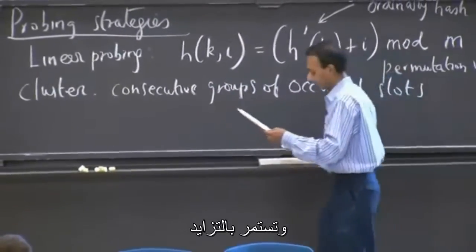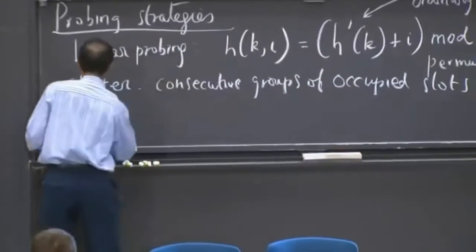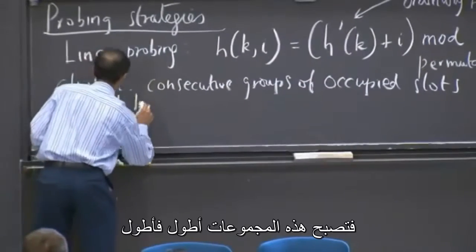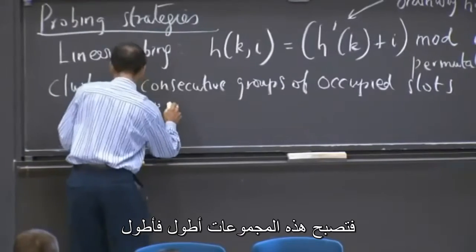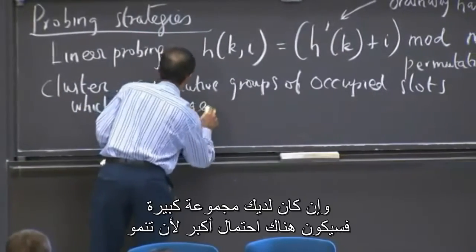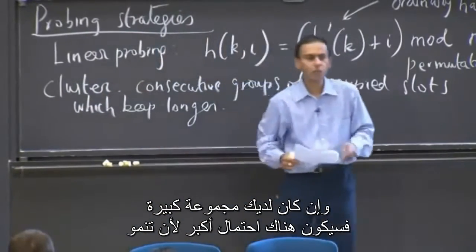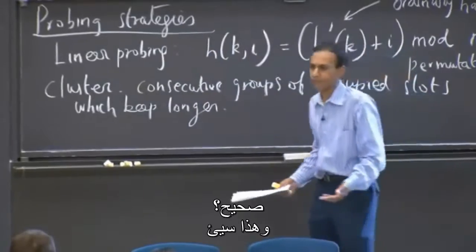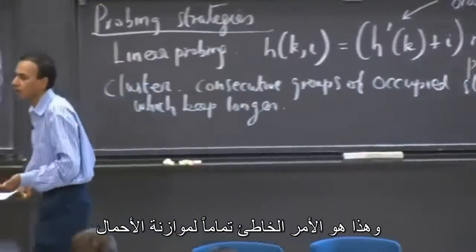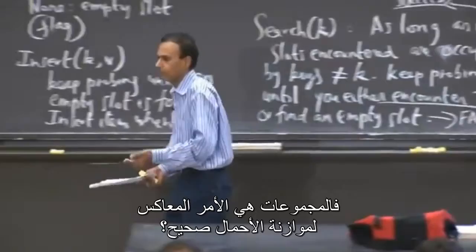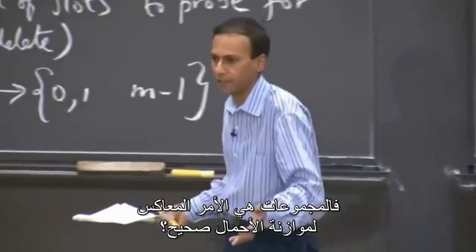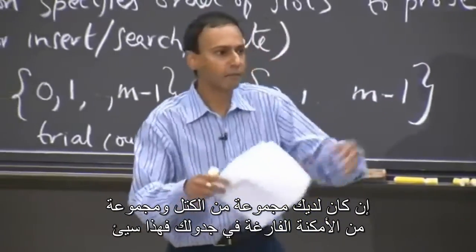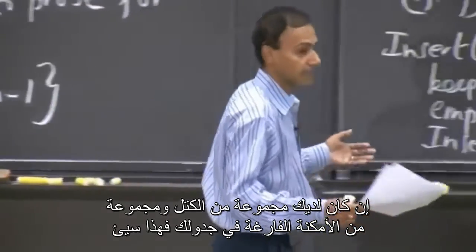Which keep growing. And so these clusters get longer and longer. And if you have a big cluster, it's more likely to grow bigger, right? Which is bad, which is exactly the wrong thing for load balancing, right? I mean, clustering is the reverse of load balancing, right? If you have a bunch of clumps and you have a bunch of empty space in your table, that's bad,